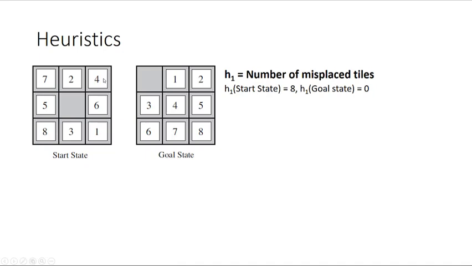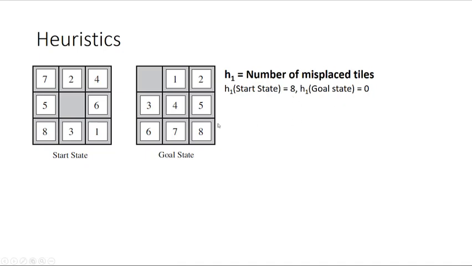Then we go to 4. We see that's also misplaced. And all of these are actually going to end up being misplaced. So the overall heuristic value of the starting state is 8. So 8 misplaced tiles. One thing to note is that the goal state is always going to have a heuristic